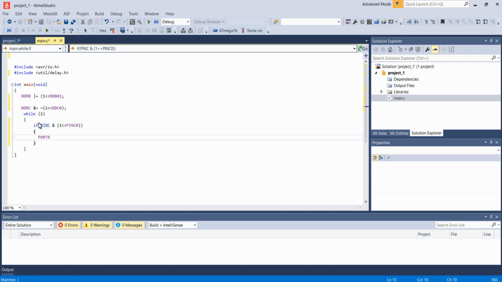So PORTB |= (1<<PB0). So if the PC0 pin is high, we will turn on the LED, or if it is low, that is else, we will turn off the LED.